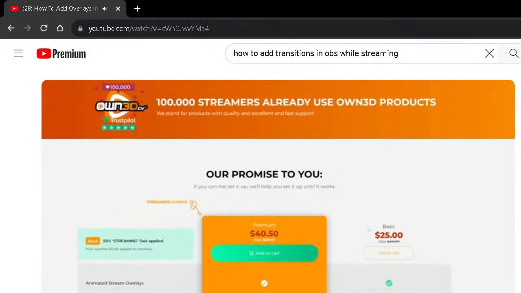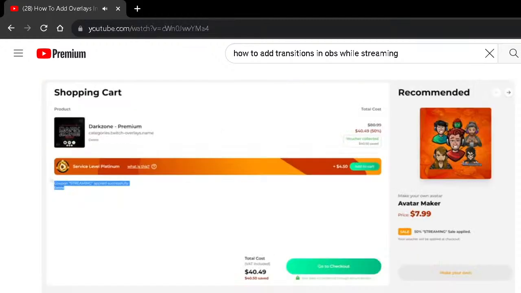I'm gonna buy this overlay. I'm gonna buy the premium pack here. Let's click on add to cart, and apparently there is a 50% sale going on right now, but it's definitely